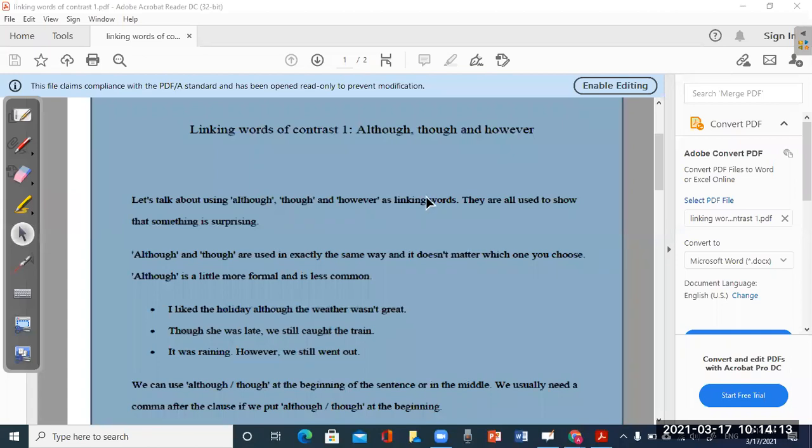Now, question number 1 to start the lesson. If you look at the screen, what are we going to talk about today? Thinking words of contrast. Okay. Did you see the worksheet that I sent you as a pre-lesson homework? Yeah. And did you answer the questions there? Yeah, but